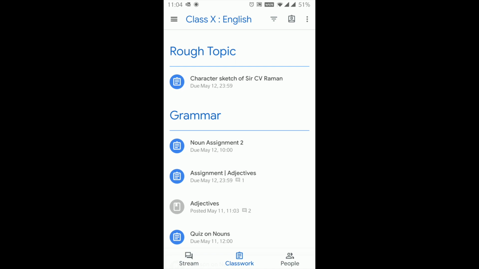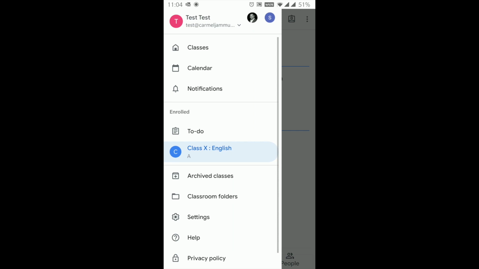Good. As we move in, it's also important to look at the top left where we have these three lines. These three lines take you to the tabs where you have the settings. So calendar is where all your notifications like assignment deadlines would come up, or if there is a Google Meet, a video meet planned, and everything comes up there. Notifications is where all these comments, your assignment, the teacher's post, you get a notification, just like other notifications that you get in your online platforms.